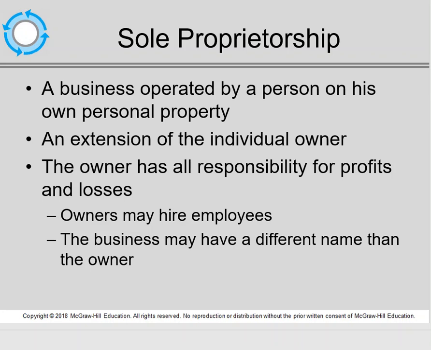In essence, the sole proprietor has unlimited personal liability, which means if the business goes down and the business can't pay for any of the creditors or debts of the company, the sole proprietor has to cough up from his or her personal assets, which could be his or her house, his or her automobiles, etc. That's unlimited personal liability.